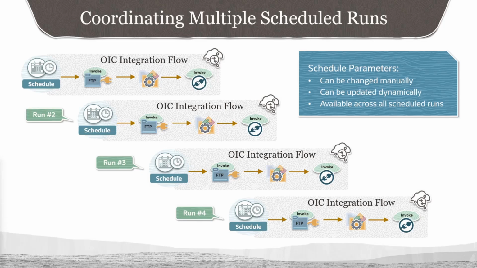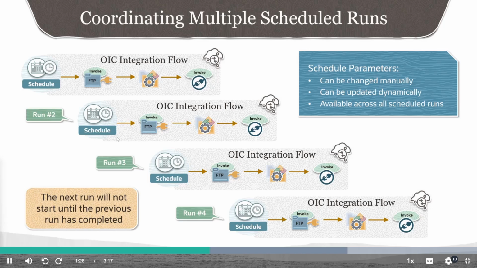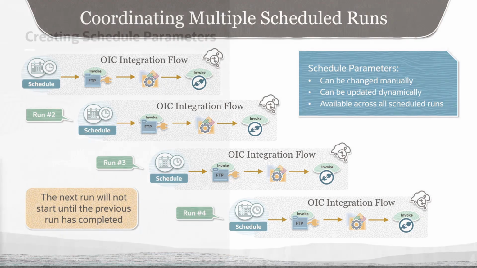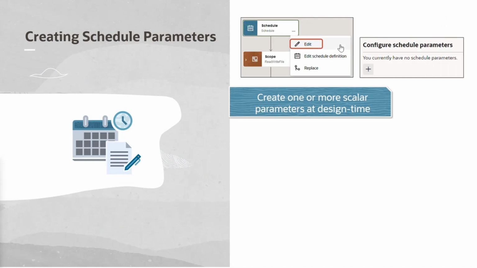data between runs. Remember that regardless of the schedule frequency, the next run won't execute until the previous run instance has completed. In other words, there will only be one instance at any time actively running in a series of multiple scheduled runs. To create a parameter, select Edit from the Schedule Element menu at the top to open the